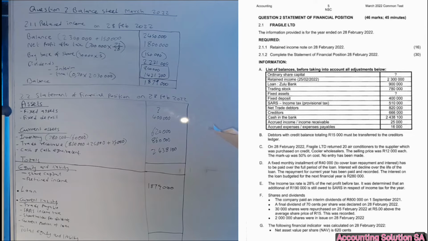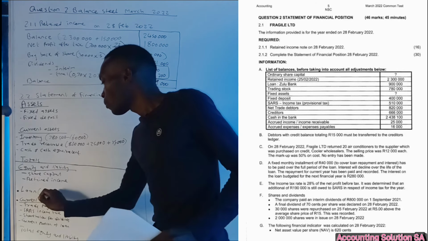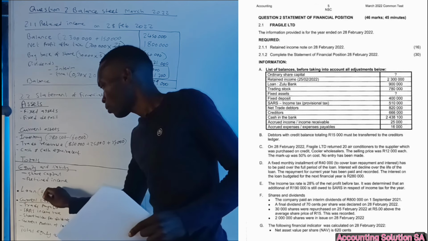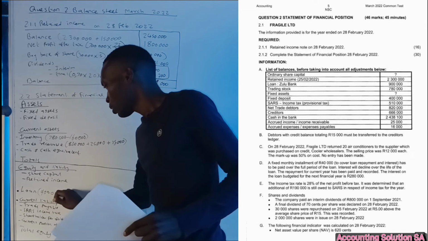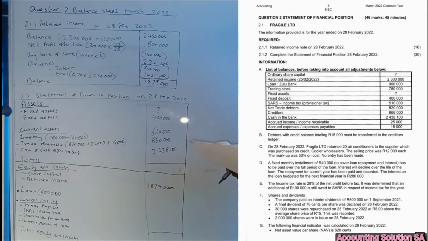Let's start with the loan. We have a loan balance from Zulu Bank, which is 900. It's a non-current liability, this one, 900,000, and check the transaction. Then we have transaction number